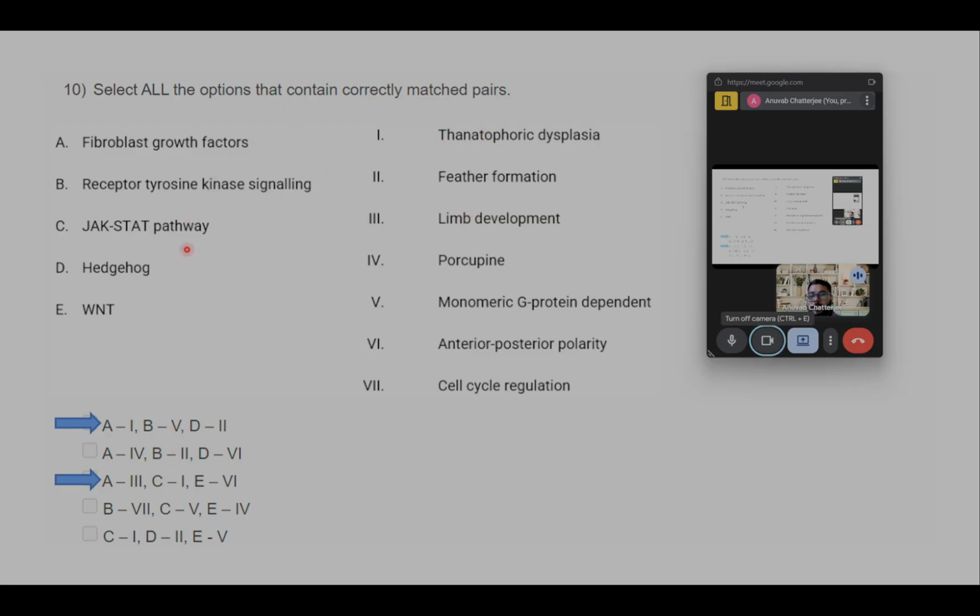C and 1, JAK-STAT and thanatophoric dysplasia, again the same thing. And E and 6, which is Wnt and anterior posterior polarity. One of the key roles of Wnt is regulating anterior posterior polarity as well as cell proliferation. Okay,